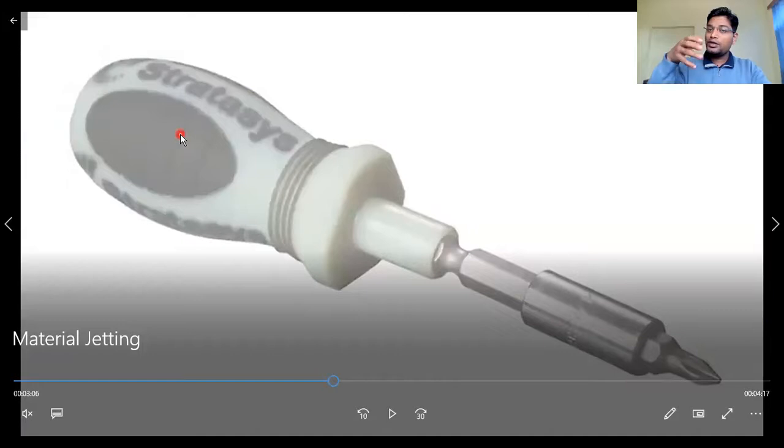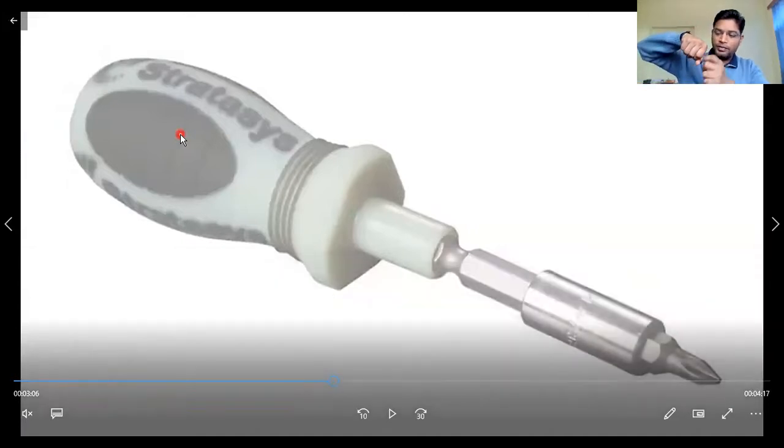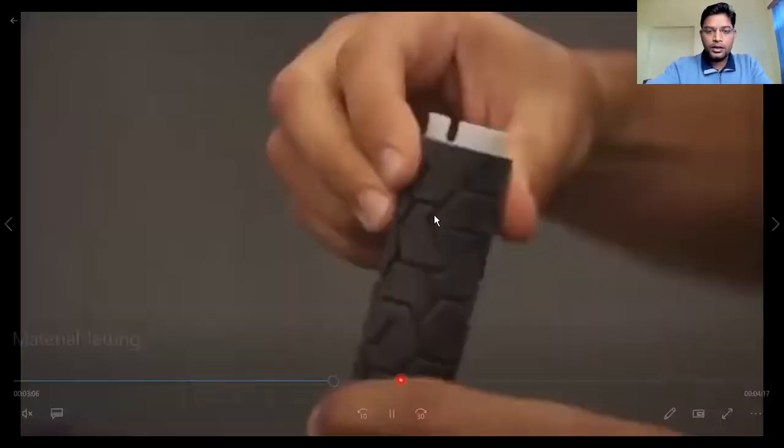Because if you use the soft material throughout, there will be a loss of material because of wear, and before its time it will be of no use. So the solid steel part that we are fixing inside this grip will be harder, and over that the grip will be softer, because we have to rotate it. Another example is this pen: the grip of this pen needs to be much softer than the material of the pen itself. So such kinds of things we can produce using this technique.